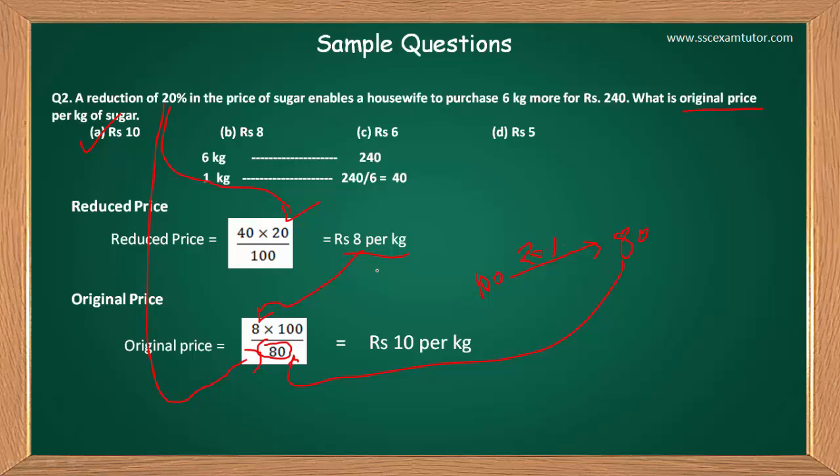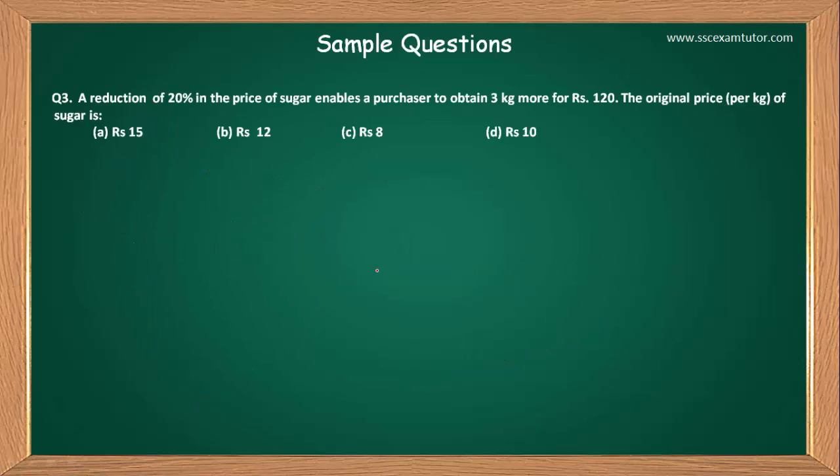तो मुश्किल से 2 से 3 सेकेंड लगेंगे, और आपका आंसर आ जाएगा। तो अगेन सेम क्वेश्चन है, थोड़ा जल्दी करने की कोशिश करते हैं। तो सीधे यहाँ 3 केजी का दाम 120, 1 केजी का दाम कितना होगा ये ना लिख के मैं सीधे लिखूँगा कि 1 केजी का दाम 120 अपॉन 3, 40 होगा। और यहाँ पे आपको ओरिजिनल प्राइस फाइंड करने को कहा गया है।